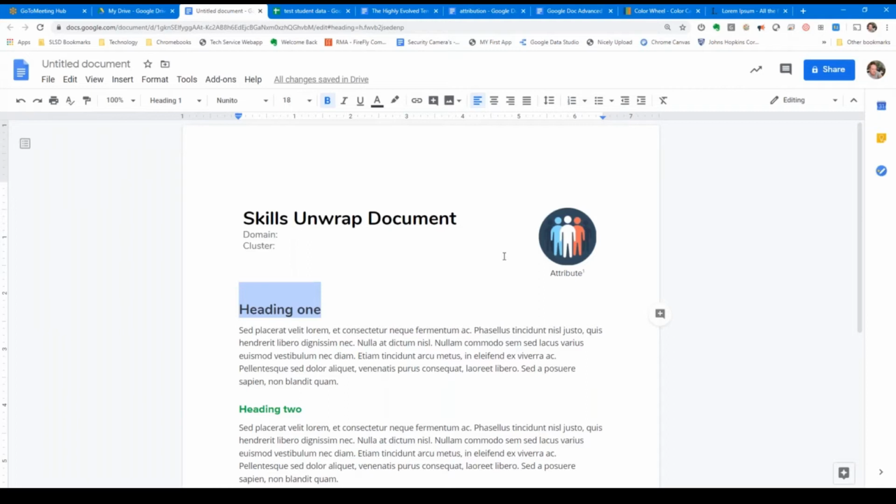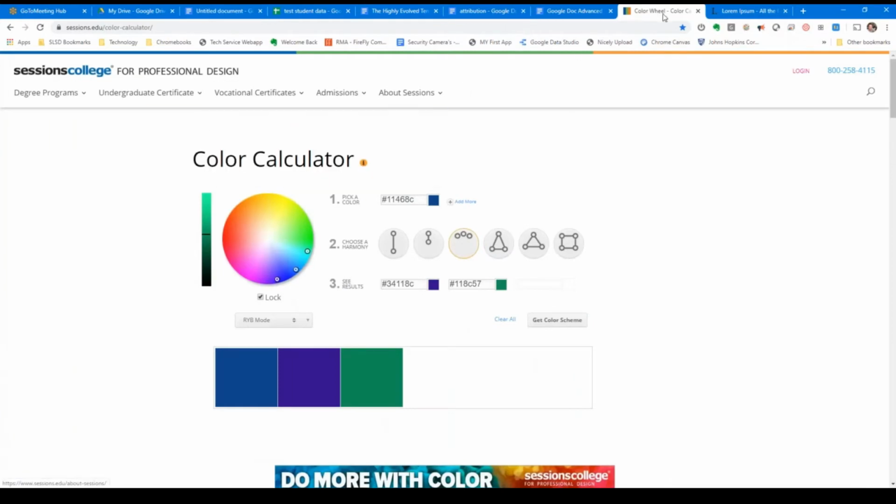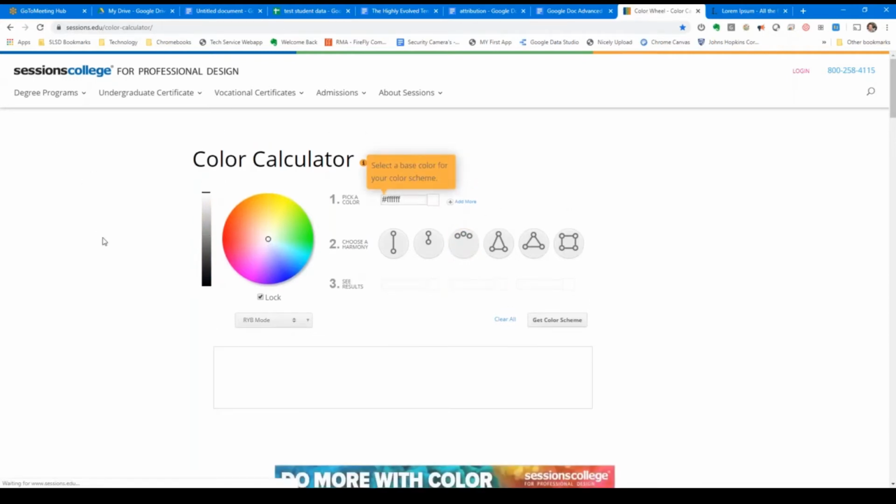Now, I'm going to be a little bit particular about the color. And I just did a Google search for color wheel, and I found this color wheel where I can just, let me reload the page. It starts out like this, and there's a dot in the middle, and I'm going to move that over to the blue,